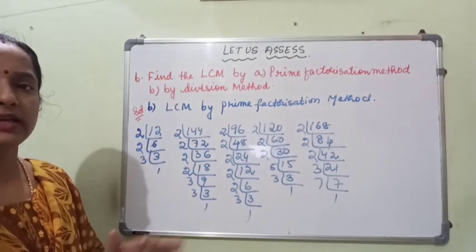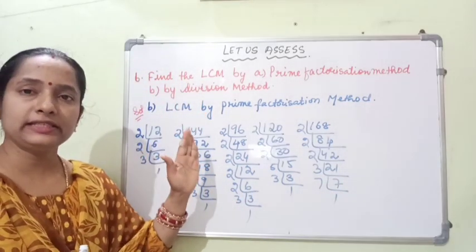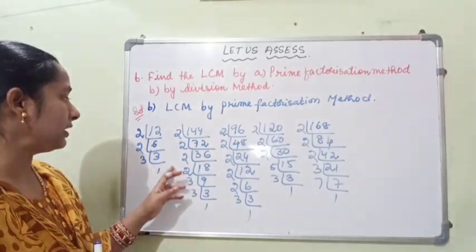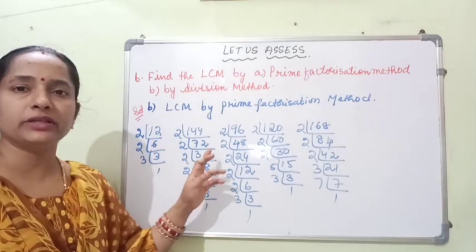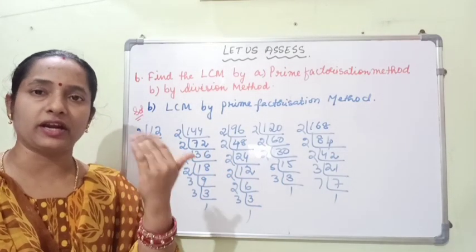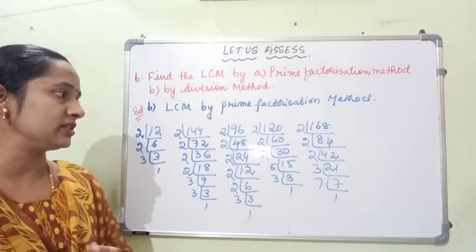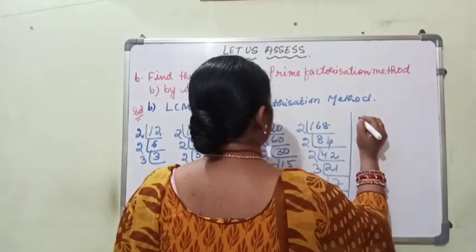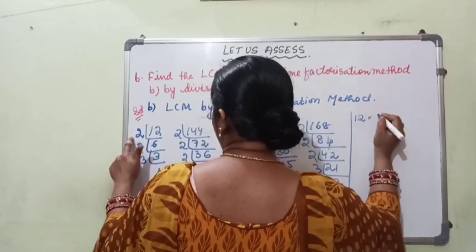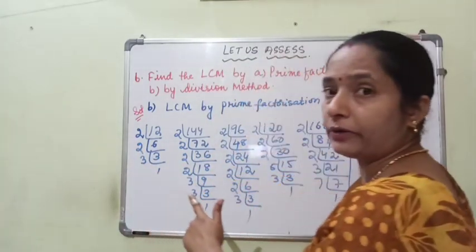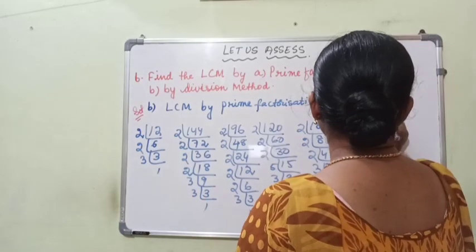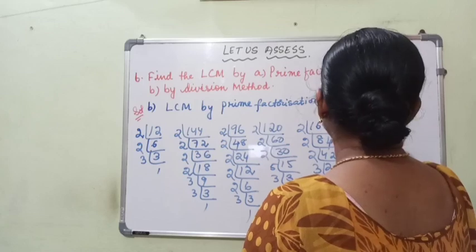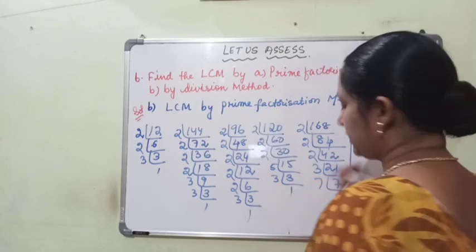So you can see here clearly, for finding the LCM by the prime factorization method, what we have to do first is, whatever numbers are given to you, first you have to prime factorize them to find their prime factors. Now let me show you here. The number 12 can be written as the product of its prime factors, like 2 into 2 into 3. Then the number 144 can be written as